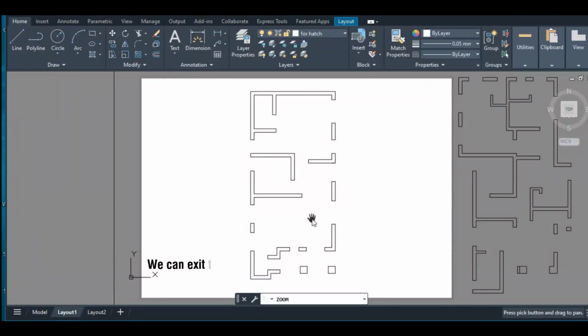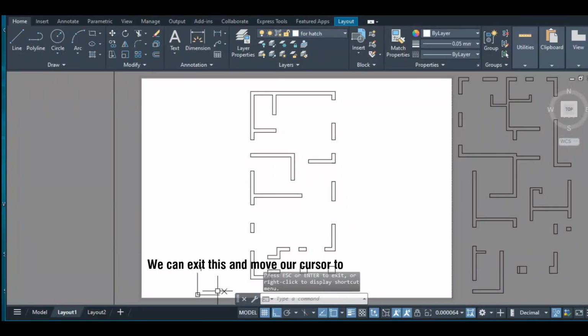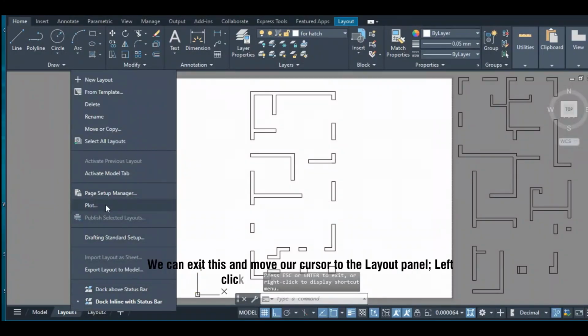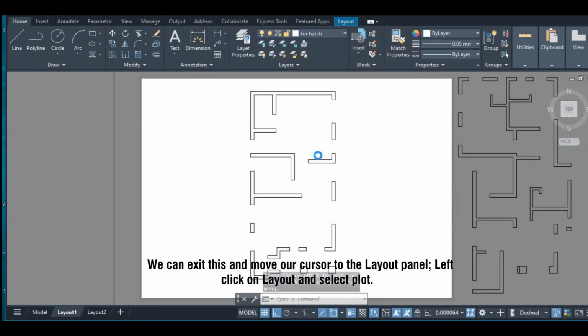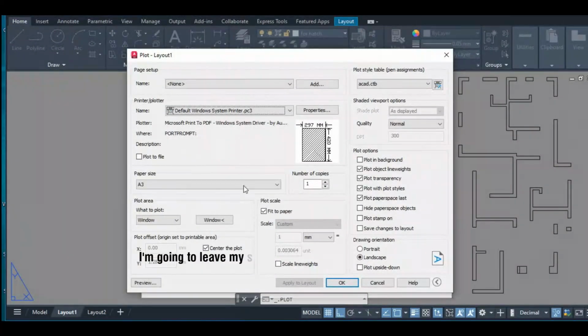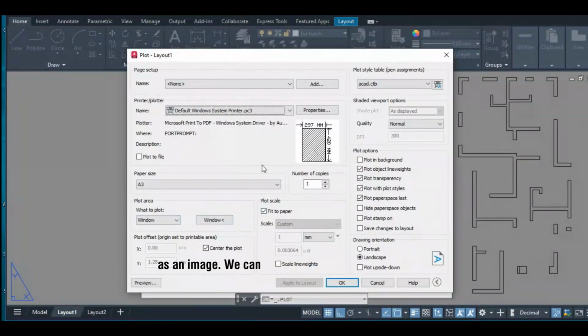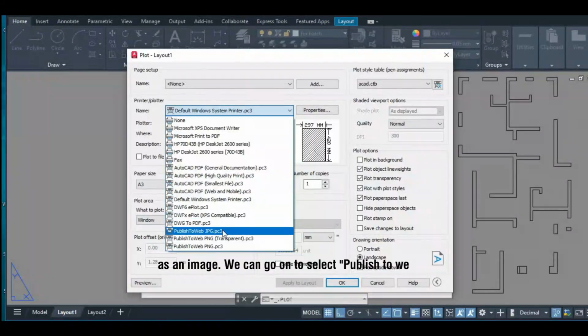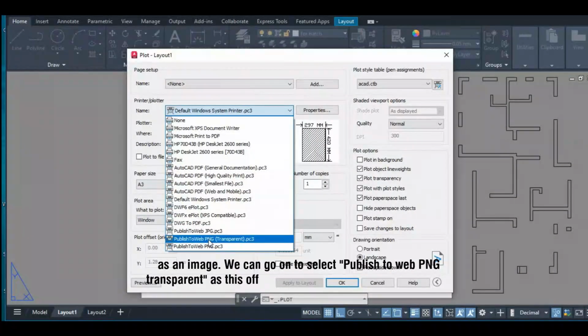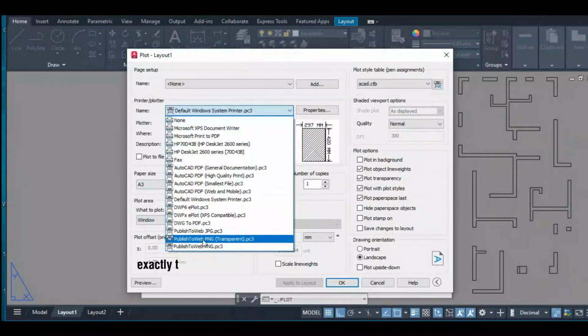We can exit this and move our cursor to the layout panel. Let's click on layout and select plot. I'm going to leave my settings down here exactly the way it is, and perhaps you can do the same too. As our focus is to plot the plan as an image, we can go on to select publish to web PNG transparent, as this offers a better result and gives us the plot exactly the way it is set